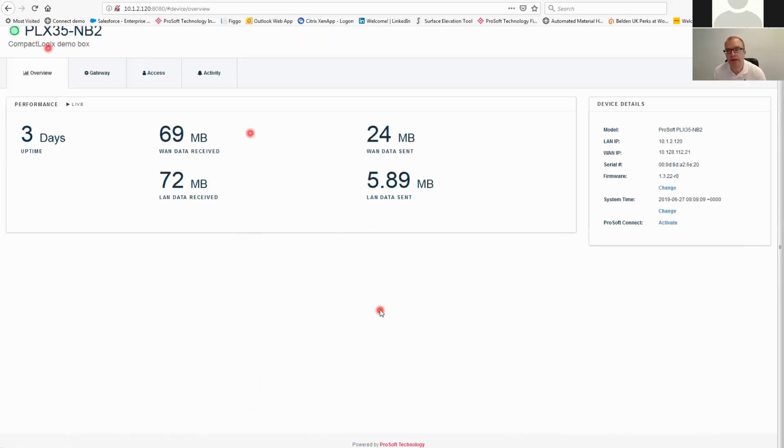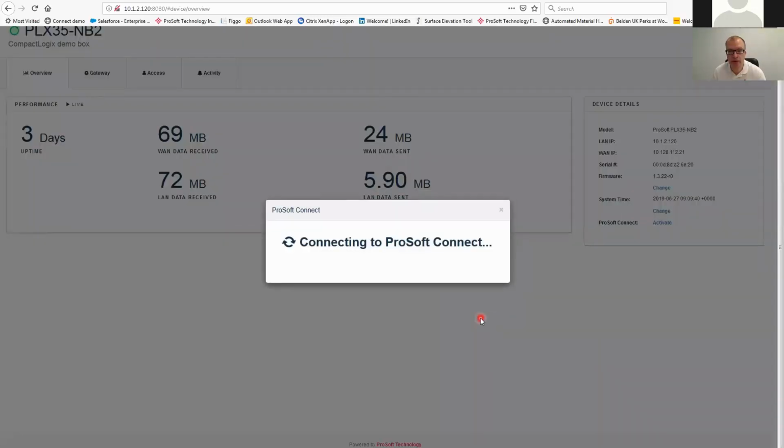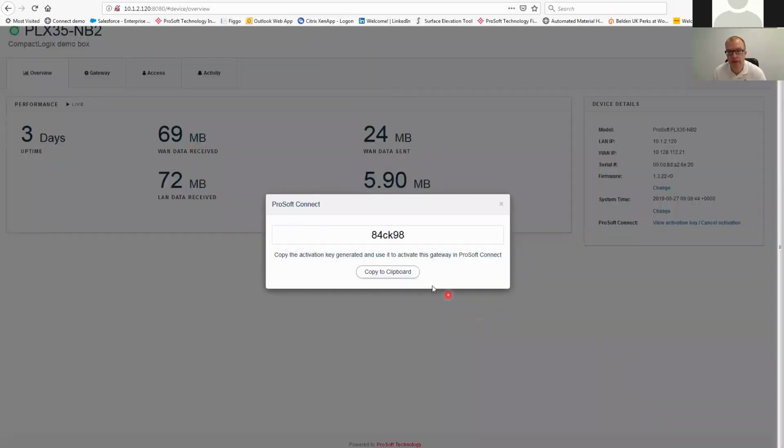What you need to do next is to activate the ProSoft Connect service. This will generate a 5-digit code, which you need to copy into your clipboard. The next stage is to go to